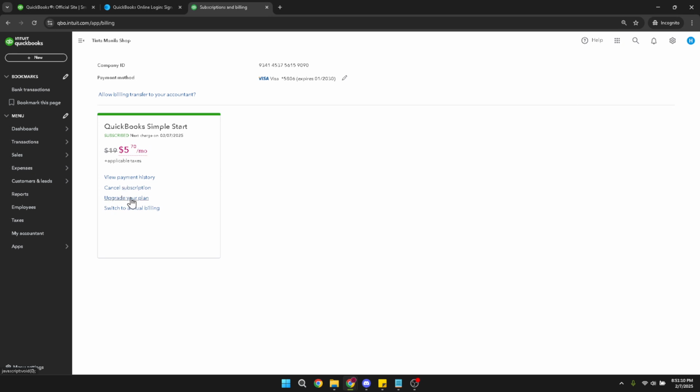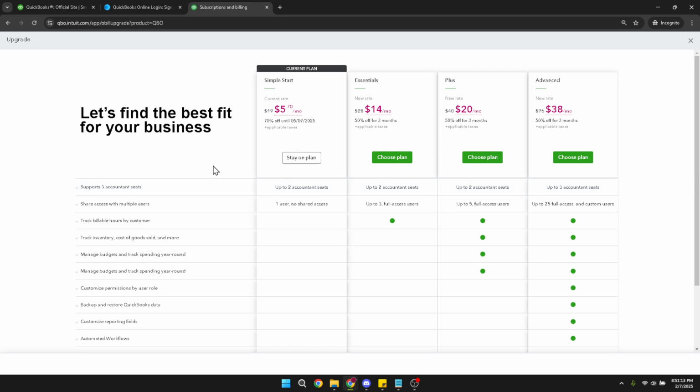QuickBooks will then show you a list of available plans, along with a breakdown of what each plan offers. This is a great opportunity to assess your needs against the features of each plan and determine which one will best serve your business. Once you've decided on the plan that's right for you, click on the option to proceed